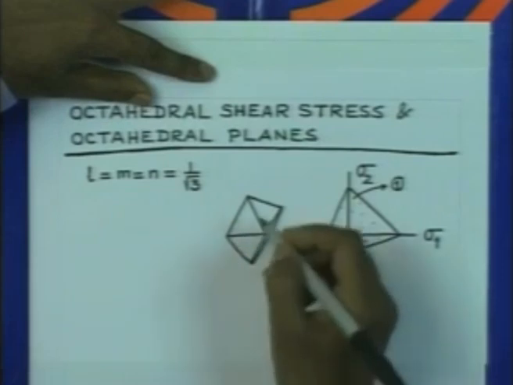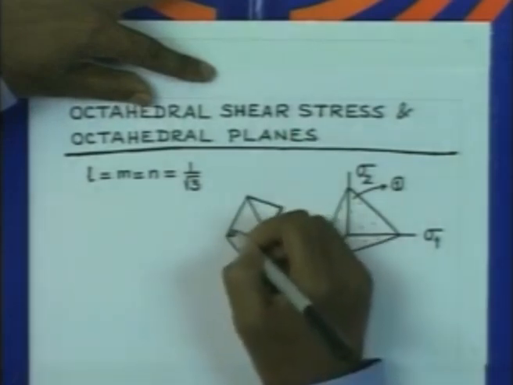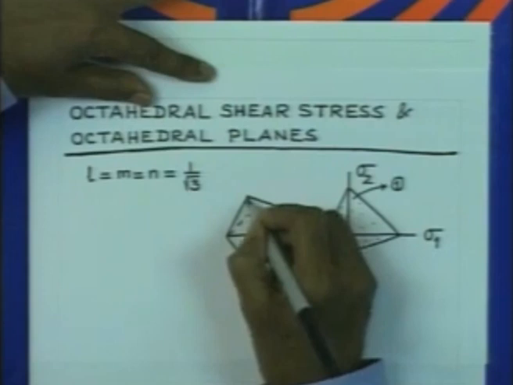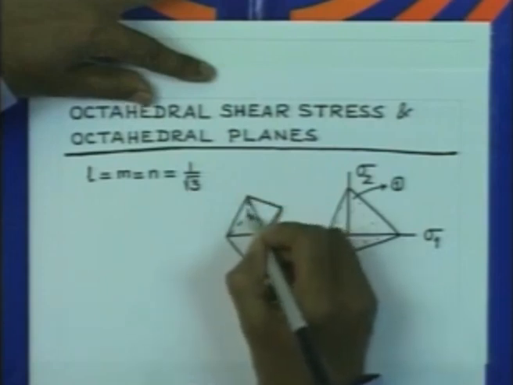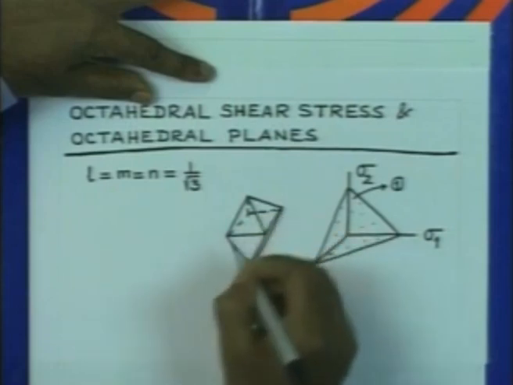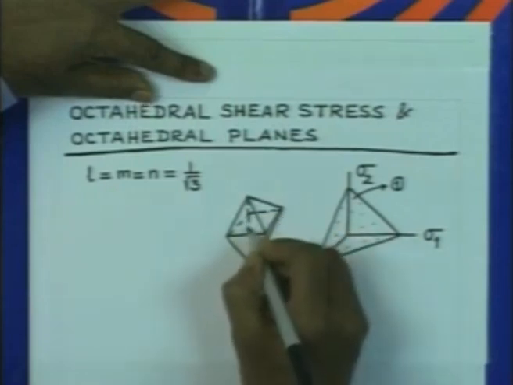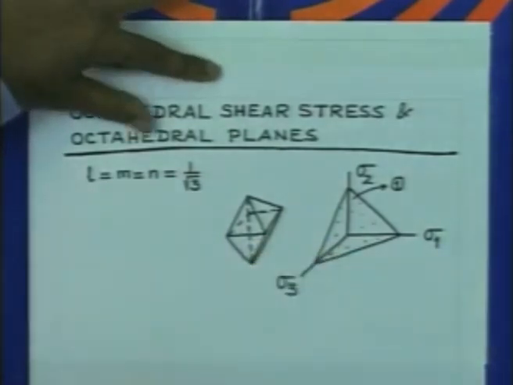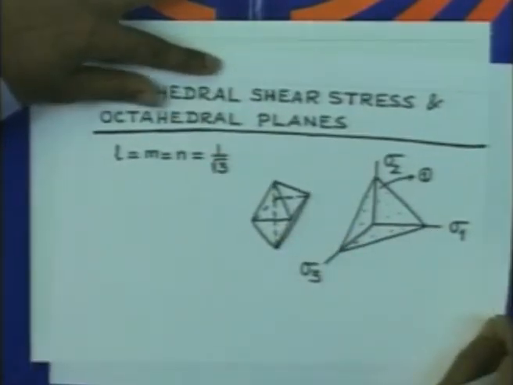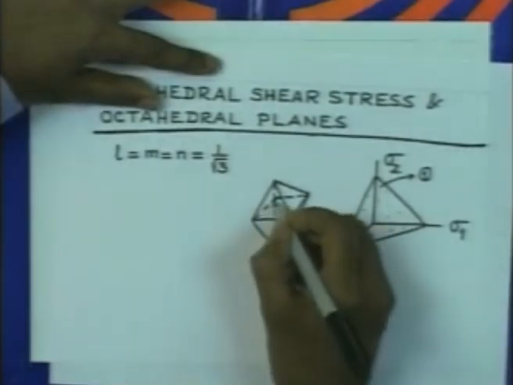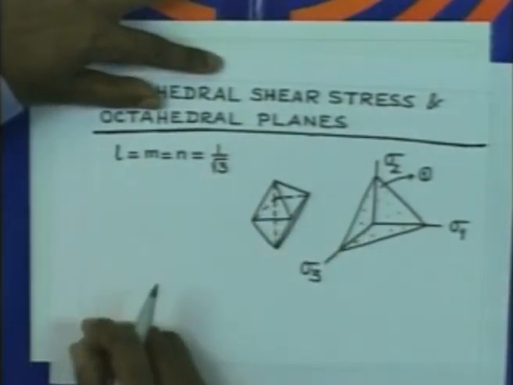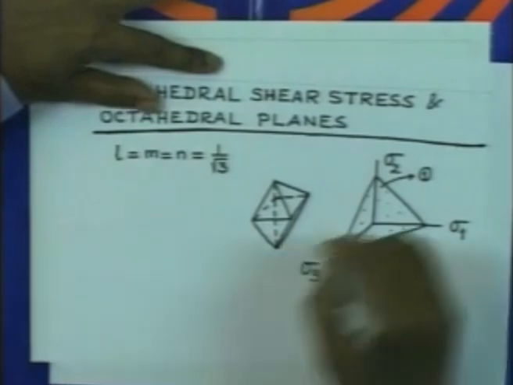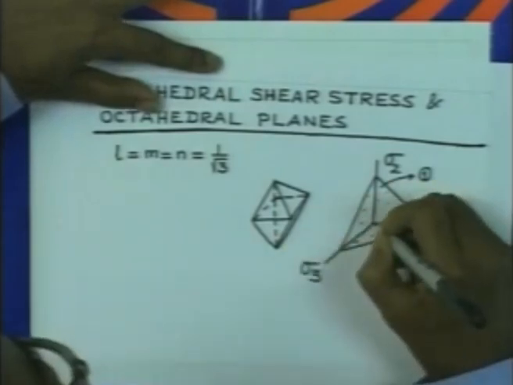So, you are going to have such 8 planes arising out of the 8 quadrants. The normal stress on such a plane